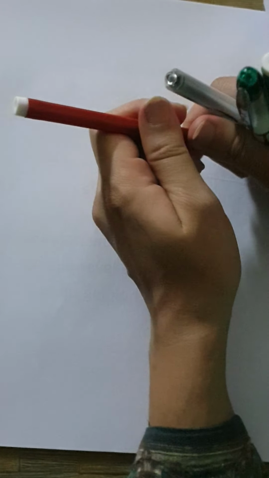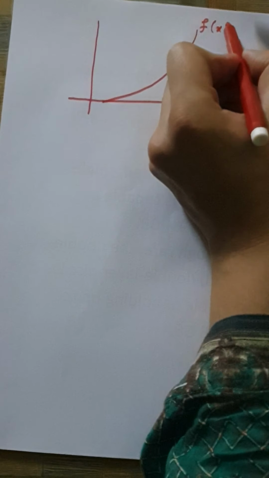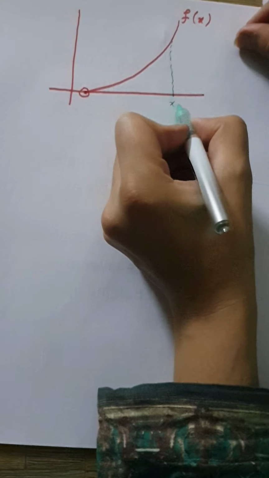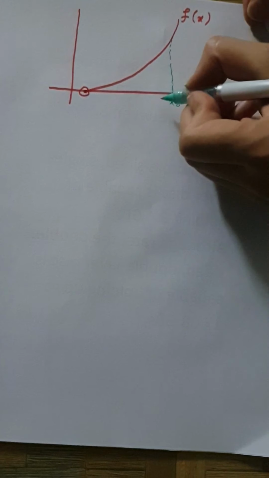Now let's see the geometrical interpretation of the Newton-Raphson method. How does it work, or how can we derive the formula for it? Let's say this is our original function f of x, and this is the root of the equation where this function cuts the x-axis. Starting with the initial guess, let me draw it over here. Let's say this is my initial guess x0, and then at that point